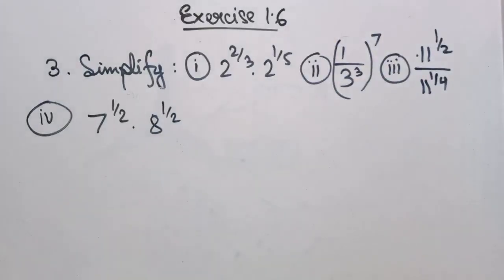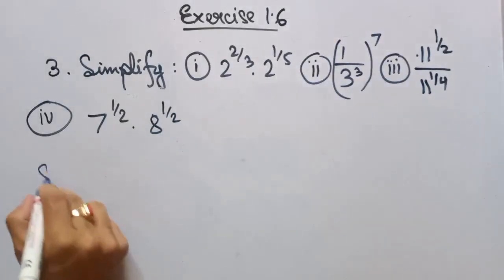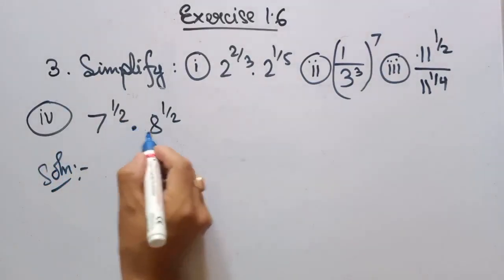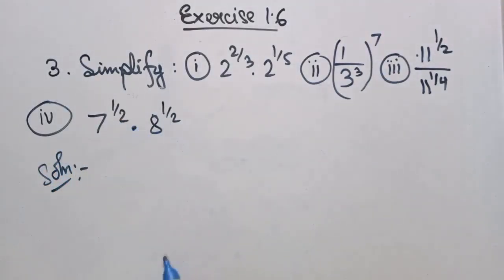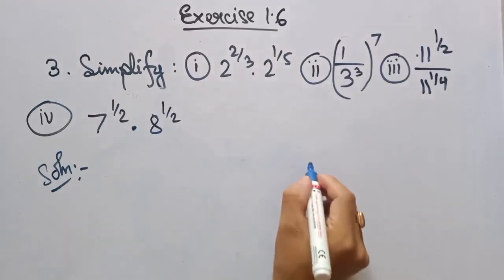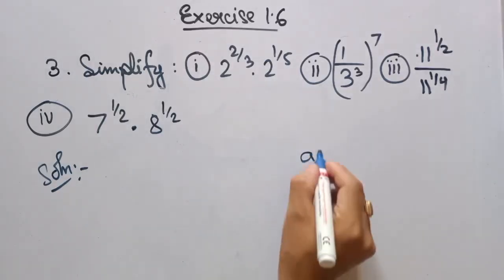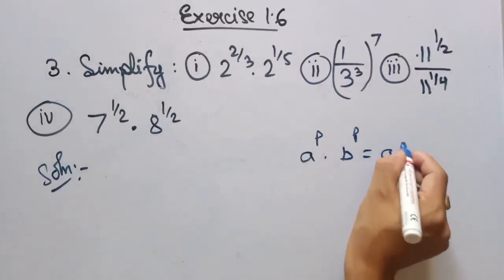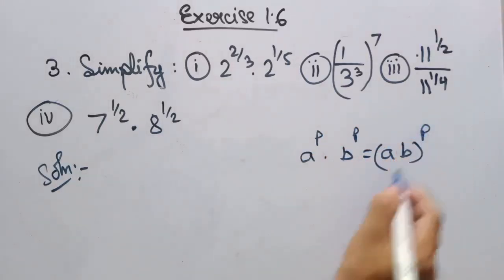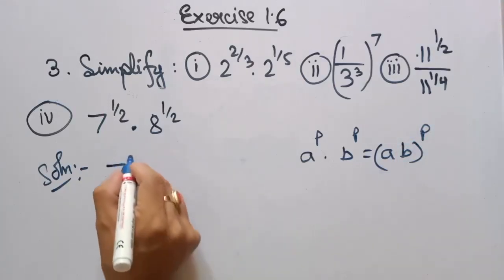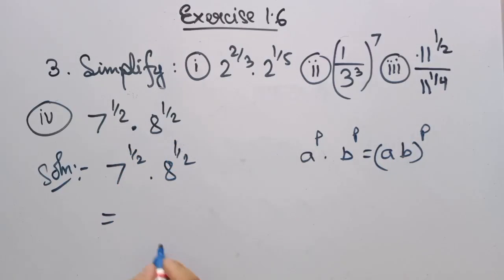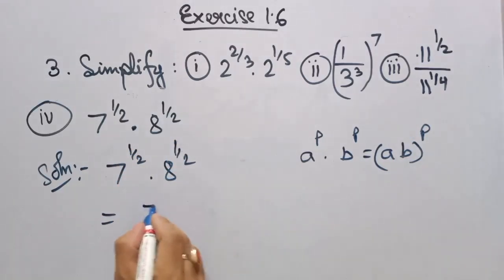Exercise 1.6, question number 3, Roman number 4: 7 to the power 1 by 2 multiplied by 8 to the power 1 by 2. Here 1 by 2 is the same, so we are going to use the laws of exponents. There is a to the power p multiplied by b to the power p equal to ab whole to the power p. So solution: 7 to the power 1 by 2 multiplied by 8 to the power 1 by 2 equals, using this law, we will get 7 multiplied by